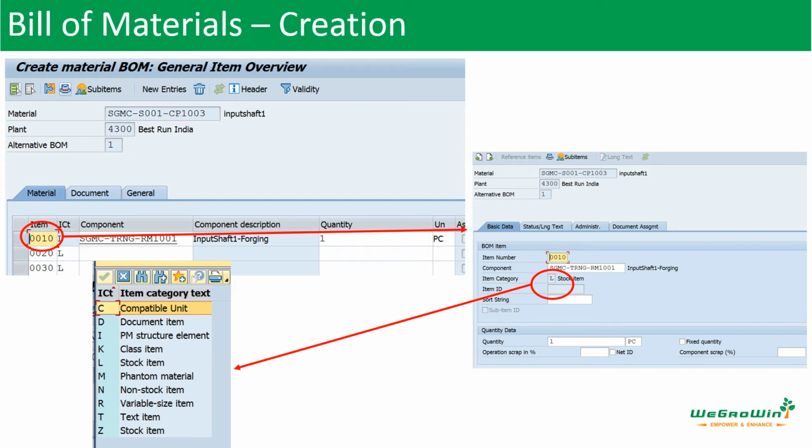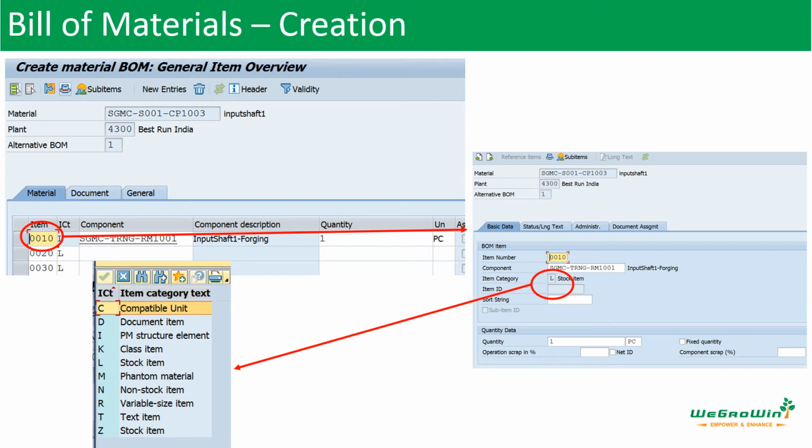For example, it may be a stock item, which is a metal used for production, or it may be some documents we need to refer to, or it may be some tools, or the size of the product may be varying, I mean the dimensions of products may be varying. By these, there will be different item categories. Which is the product, and does it have to be consumed from stock or is it only for reference? For those things you have to select the right category.